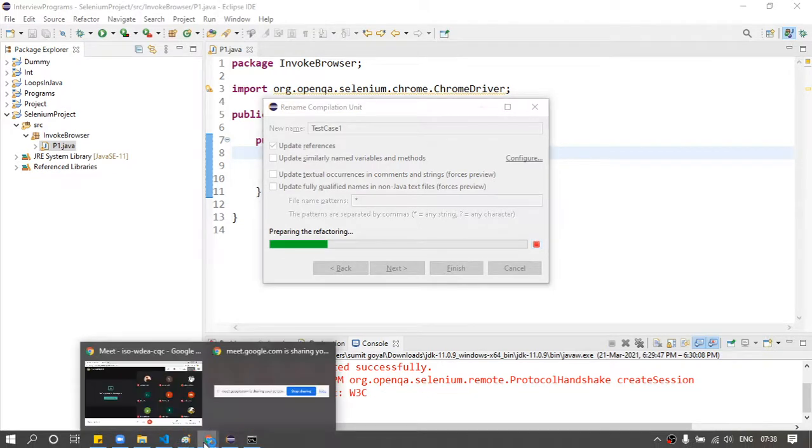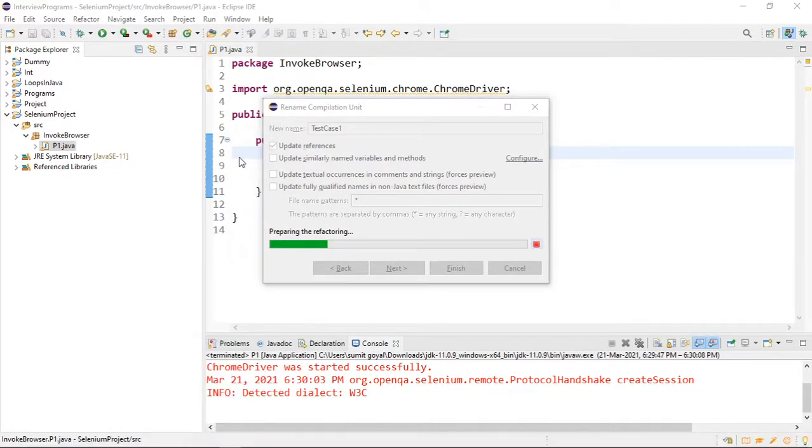So as I have told you, you cannot blindly run your Selenium code here, because as of now Eclipse will not recognize your Selenium code until and unless you get some jar files, right? So let us wait for that to finish.